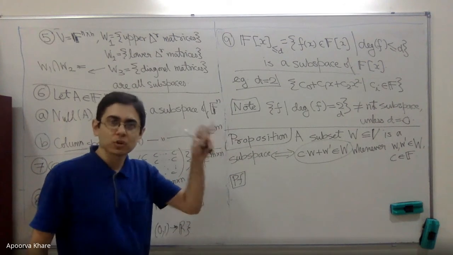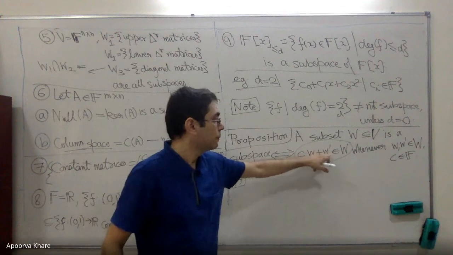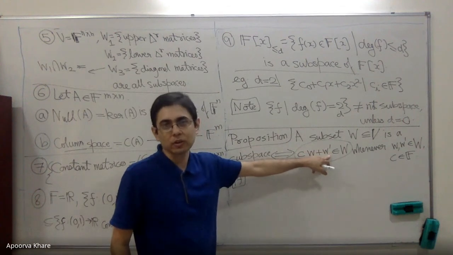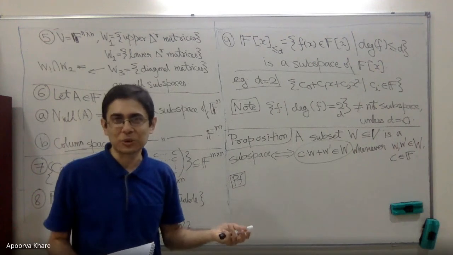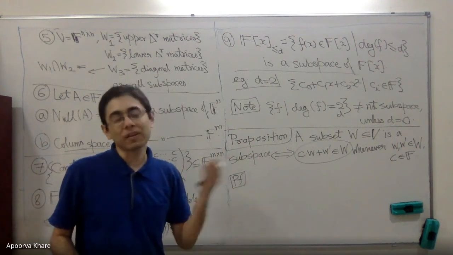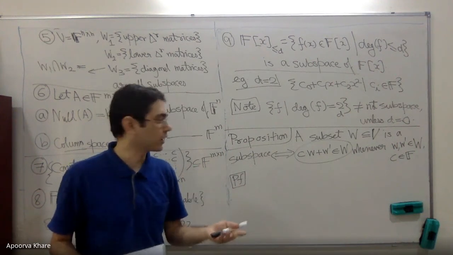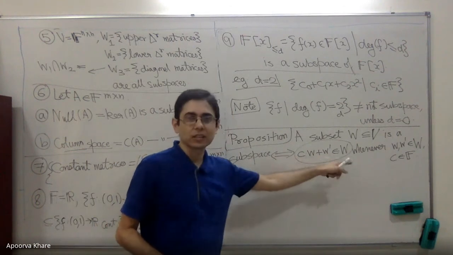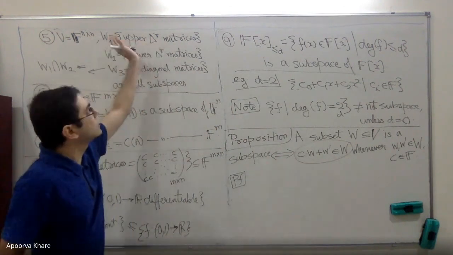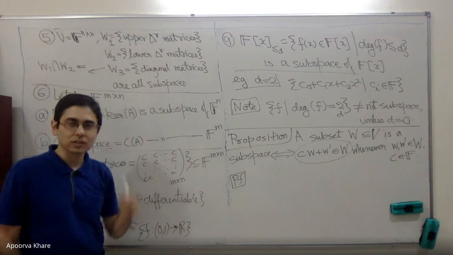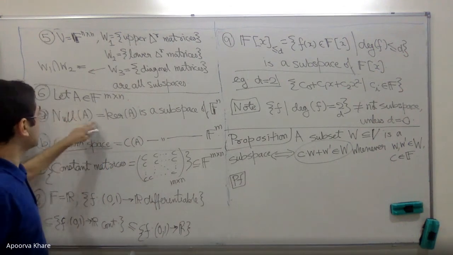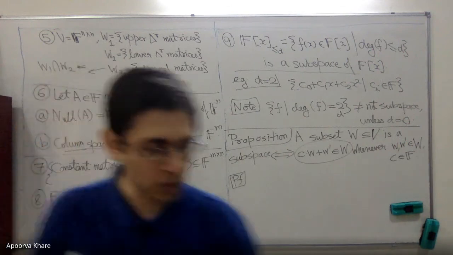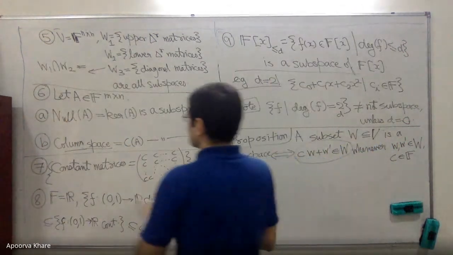Now, what can you say about CW, which is upper triangular, plus W prime, which is also upper triangular? Again, you're adding two entries below the diagonal, both of which are 0, and that stays 0. So a sum of upper triangular matrices is still upper triangular. Therefore, this condition is satisfied, and you trivially see that the set of upper triangular matrices is a subspace of all matrices. And similarly, for example, for the null space, you could literally write down that suppose